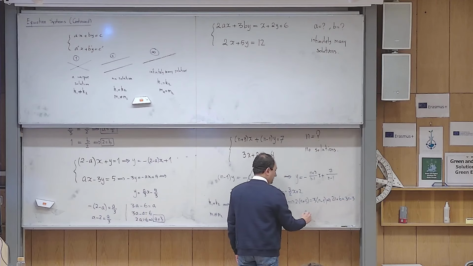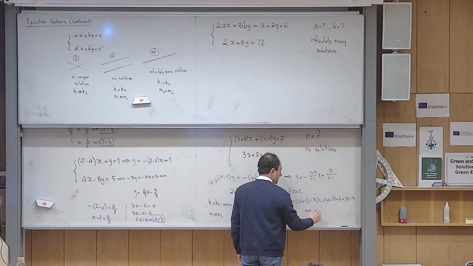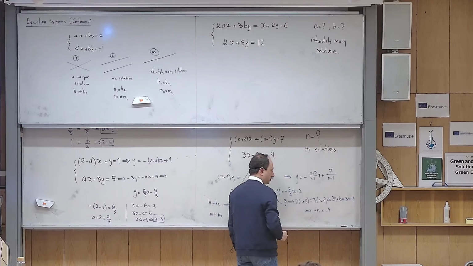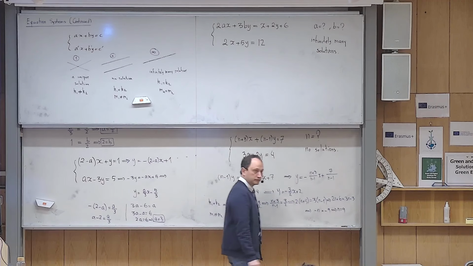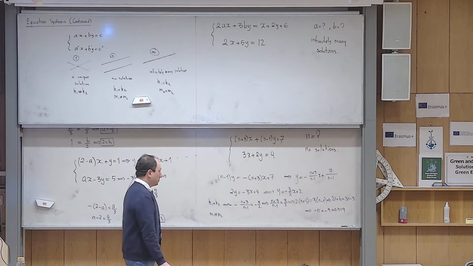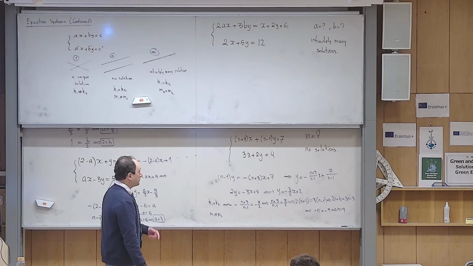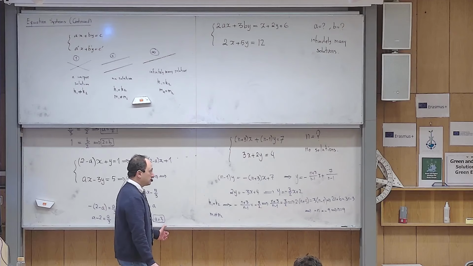I move 3n to the left. 2n minus 3n is minus n. I move 6 to the other side, it becomes minus 9. And then n becomes what? 9. Yes? But be careful, even though I found n, still I am not sure that this is indeed true,